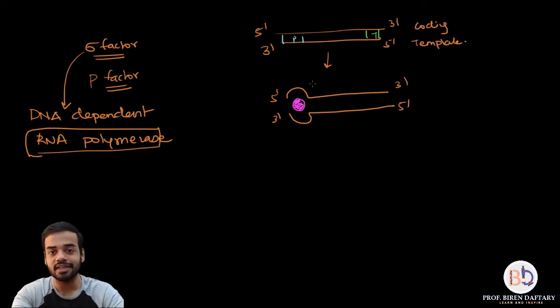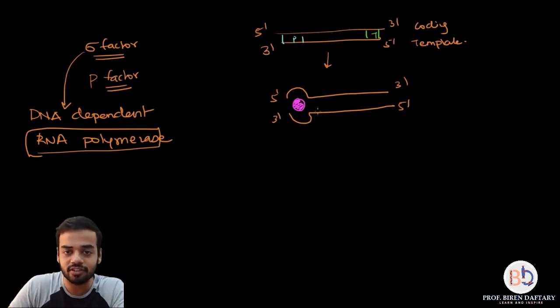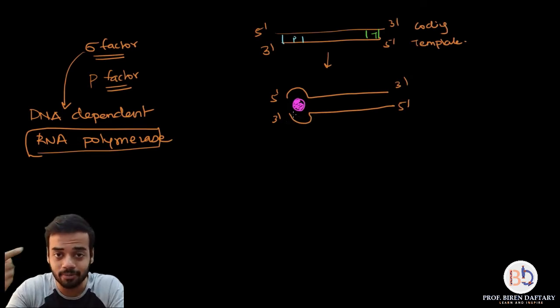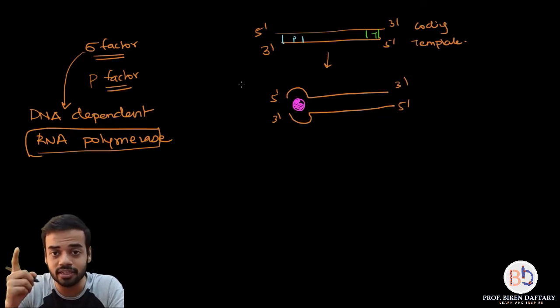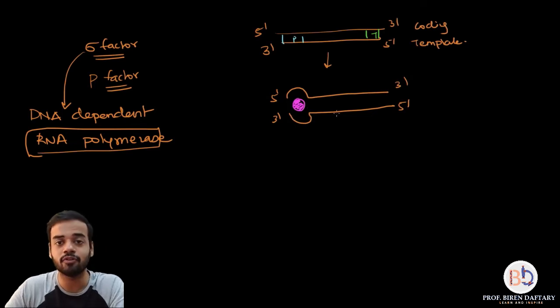Now it takes complementary nucleotides from the nucleoplasm. All this is happening in the nucleus. The nucleotides present are dNTPs: dATP, dGTP, dCTP and dTTP. It will take up the nucleotides according to the nature of this template strand. So if the sequence on this template strand is AGC, then the complementary nucleotides taken will be U, C and G. Please remember you are going to build an mRNA from this, so don't consider T, consider U. So if the sequence over here is AAA, then the mRNA formed will be UUU.